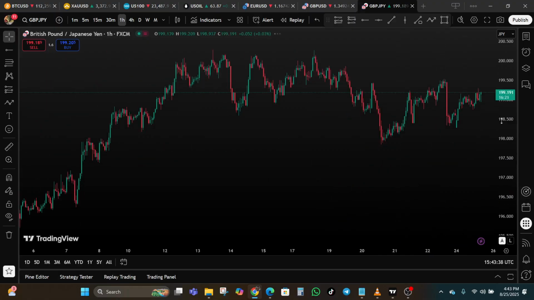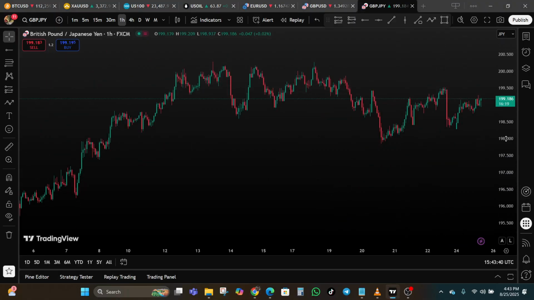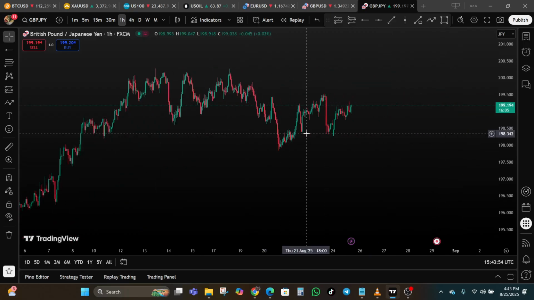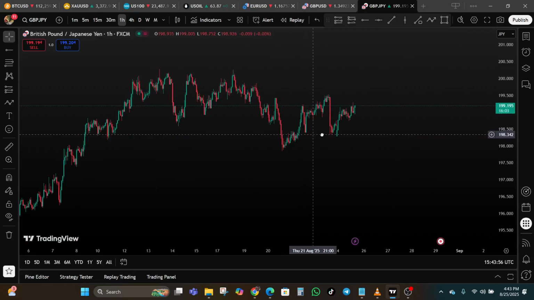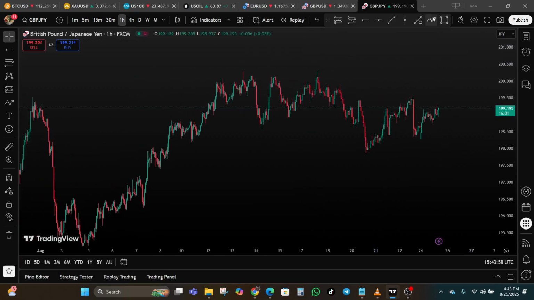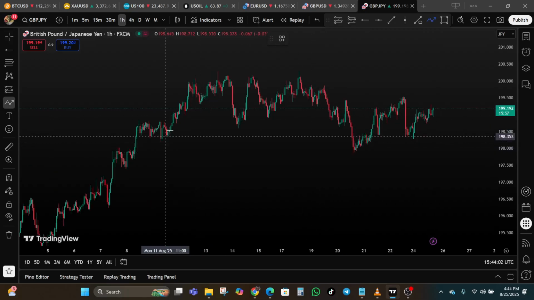First of all, let us quickly define what CHOCH means. CHOCH, like I already said, stands for change of character, okay? And in smart money concepts, it signals a potential shift in market structure. When price breaks a previous